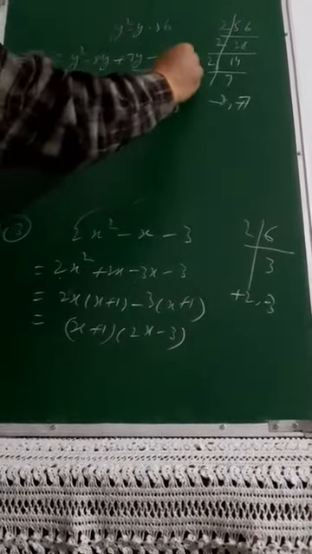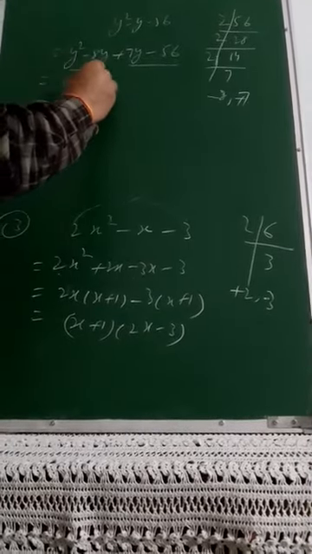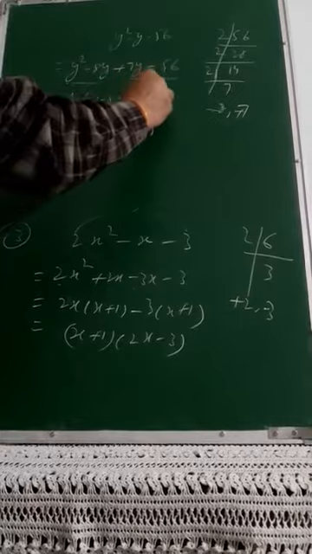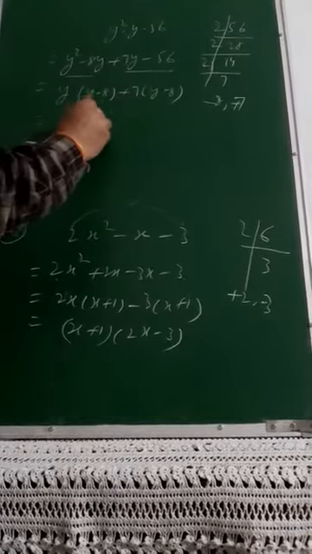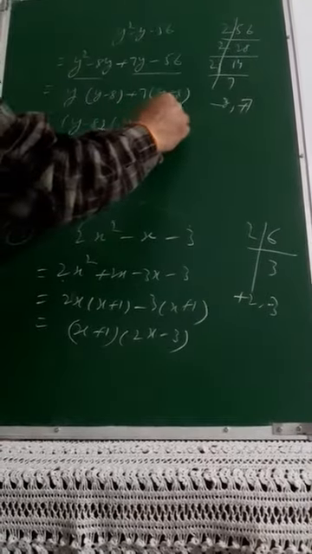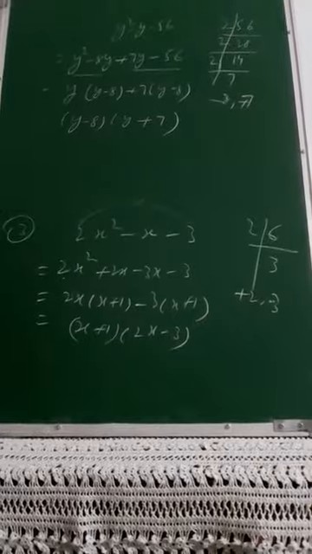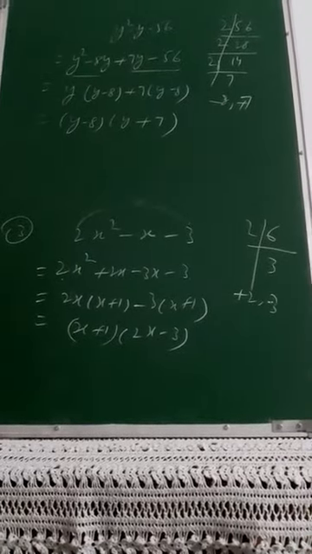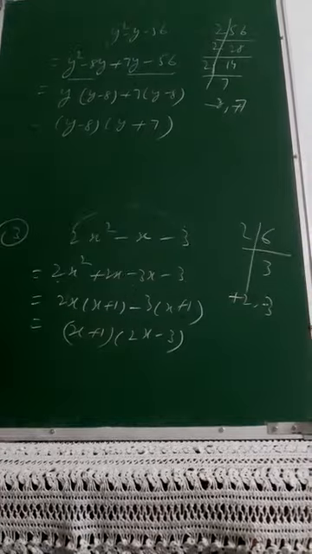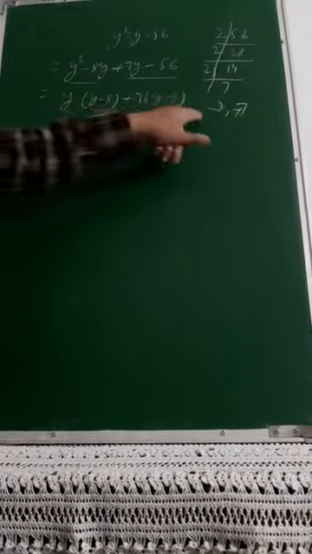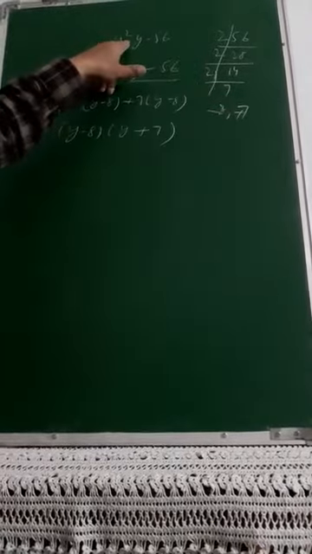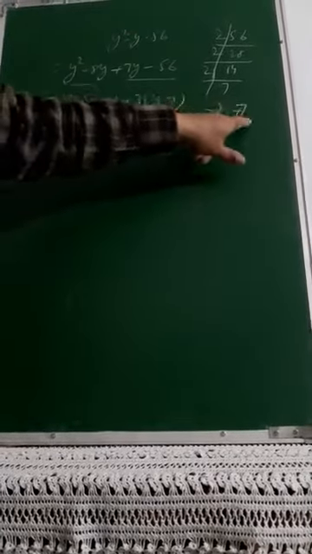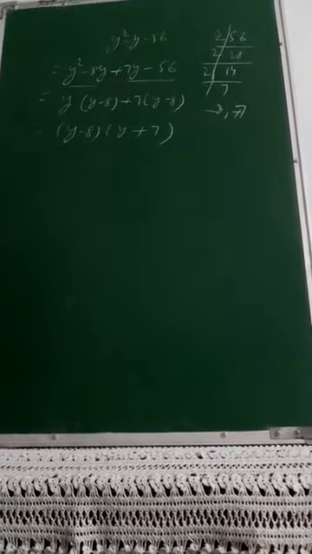So in first two and last two, here it is y common, so you will be getting y minus 8, plus 7 common, again it is y minus 8. So y minus 8 overall you can take common, and then it is y plus 7. So here you can leave your answer, y minus 8 into y plus 7. So please keep a watch how to go for these factorization and how to write the numbers in a pair, and how these numbers are satisfying this equation, that their sum or difference is equal to the middle one and product is equal to this. So minus 8 into 7 definitely will make it minus 56.